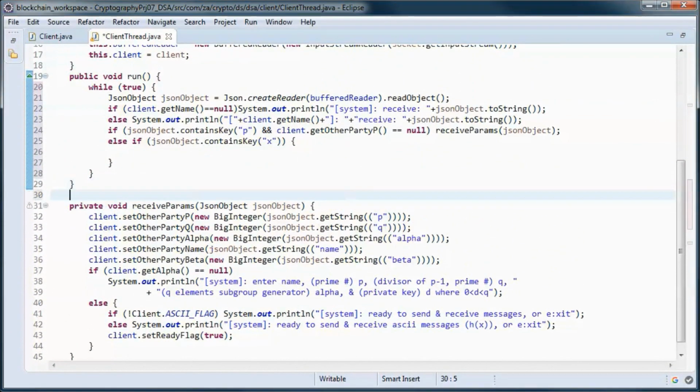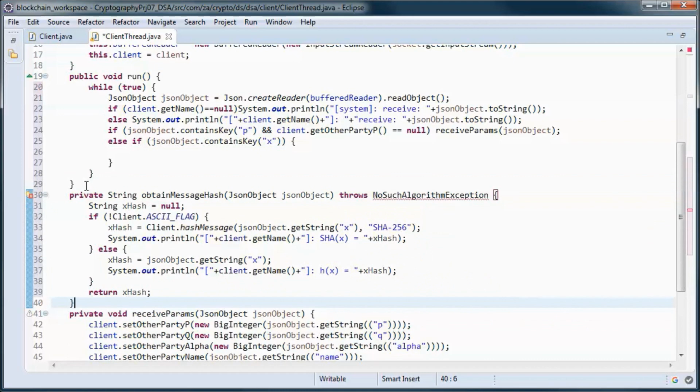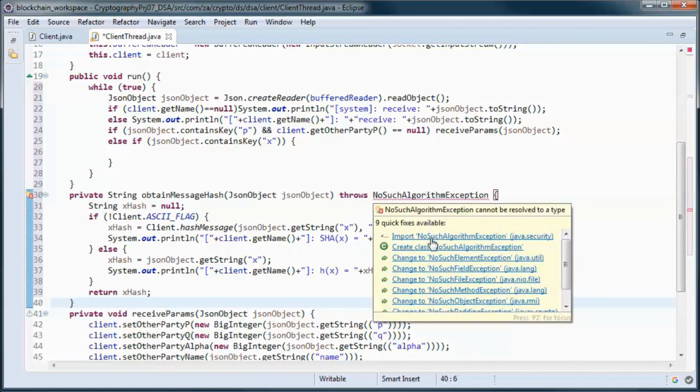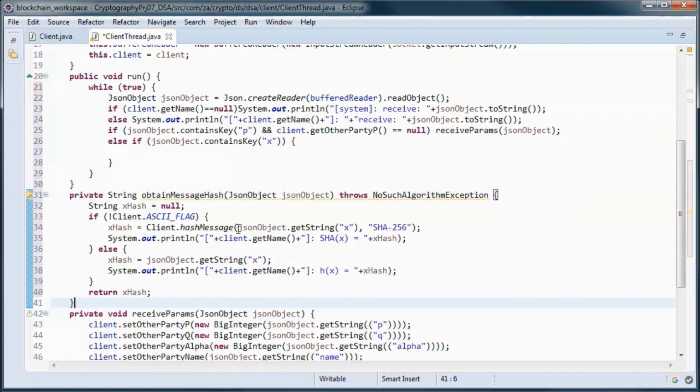Now this method obtains the message hash. So this is the value of X, and we are using SHA-256 to hash the message and return it.